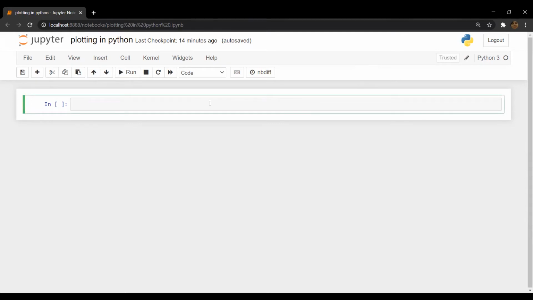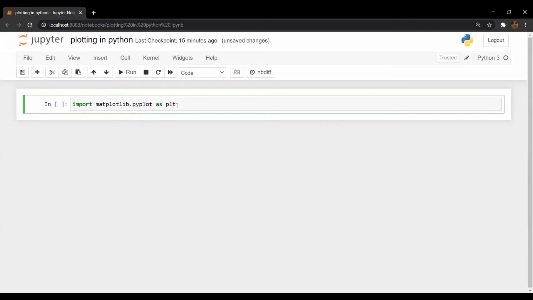So the first thing is to import Matplotlib. This is the first thing we need to do. We need to import matplotlib.pyplot as plt. Matplotlib has a lot of options and a lot of built-in functions regarding data visualization and graphs.